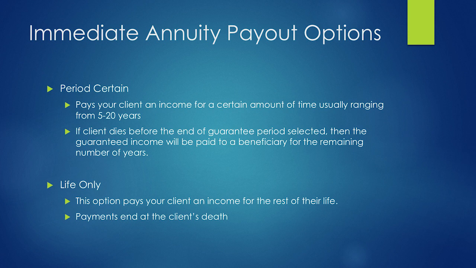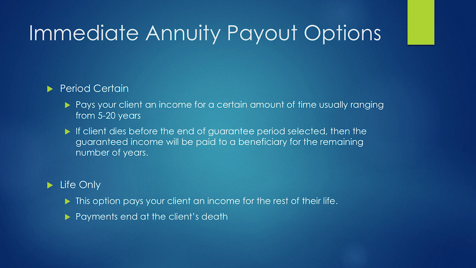Now, traditional fixed annuities, which are multi-year annuities, are going to give a certain return for a certain period of time. It's usually 3 to 10 years. And that question comes up a lot. Can my client put money away for 1 year? Can they put money away for 2 years? And the answer is no. Annuities are kind of a long-term investment, so if they're going to do it, they have to be willing to commit to 3 years or more.